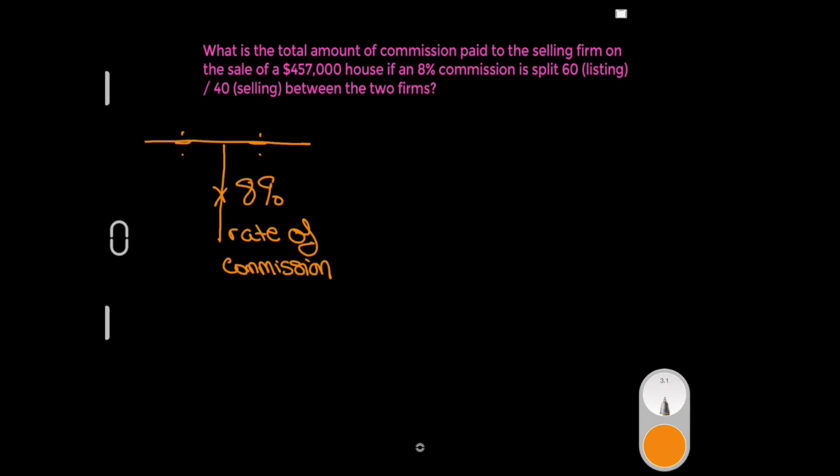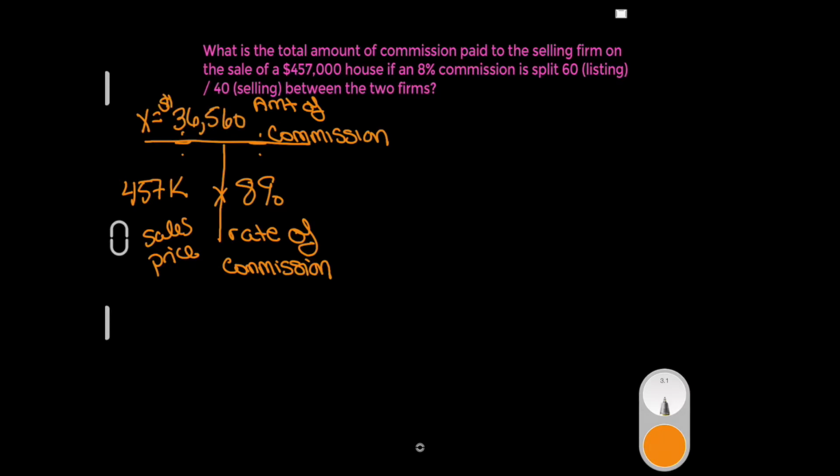And if that is a rate of commission at the bottom, up top, we're going to put amount of commission. And over here on the left, we're going to label that the sales price, because we know a commission is a portion or a part of or a section of our whole, which is what we're going to get paid. So hopefully that makes sense to you. And we know from the problem our sales price is $457,000. We've got 2 out of 3 in this T-bar, so what we're going to do is multiply, and we find out our amount of commission is